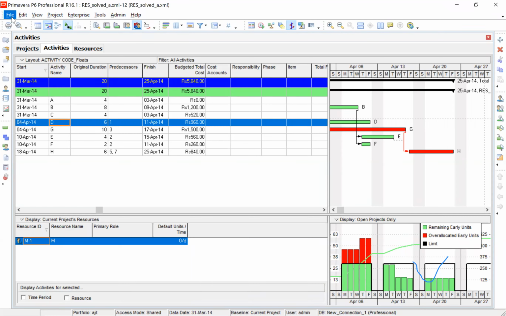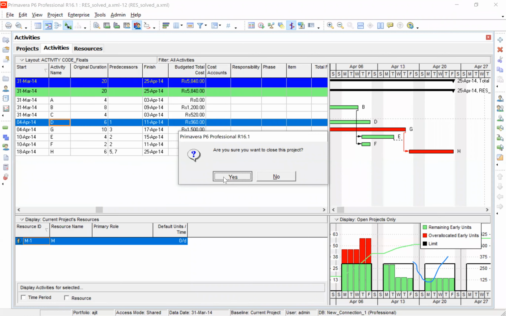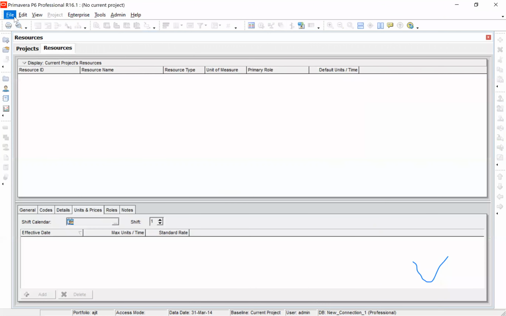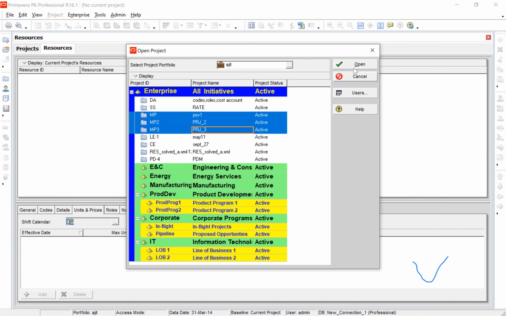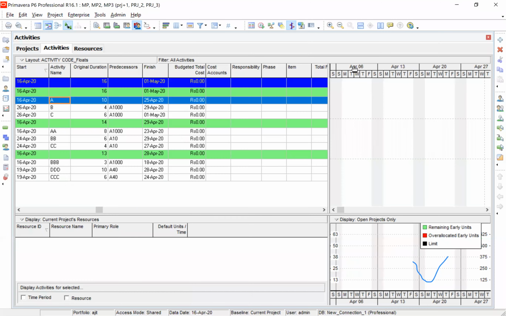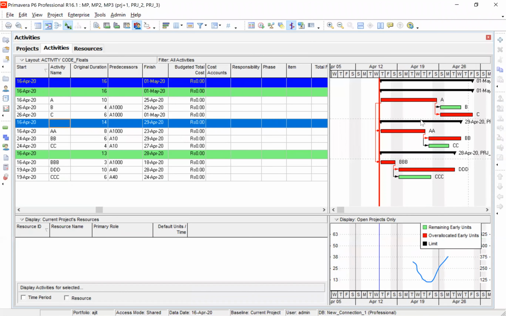So I'll close this. Okay, now to open multiple projects, you have to select the files one by one. So I have this project one file. I will open this, and if I hold control, let's see if it can open together. It can open. See, all the three files are open. Can you see that, all of you? Yes, all three projects are open.